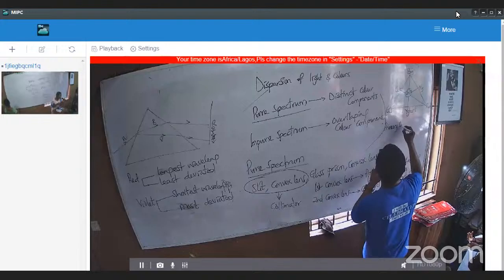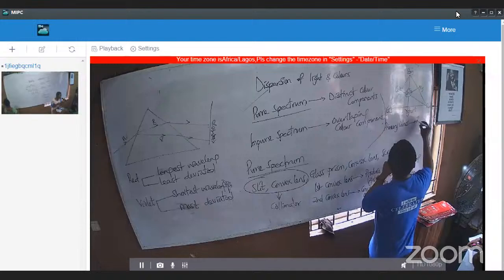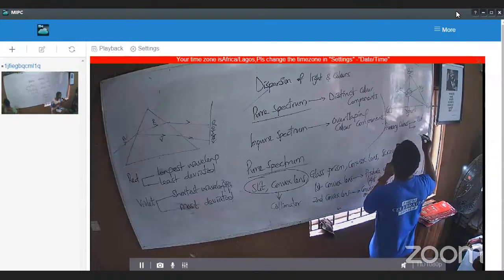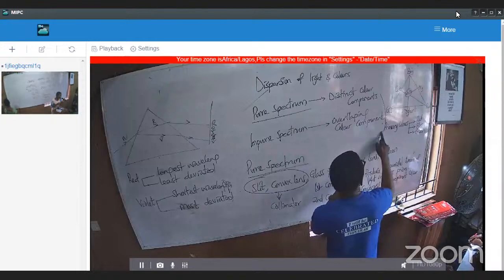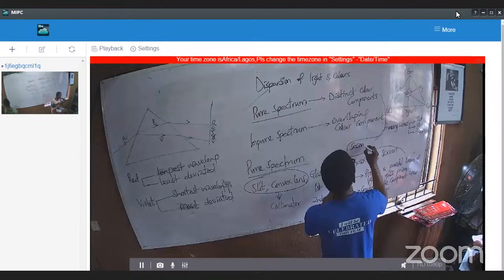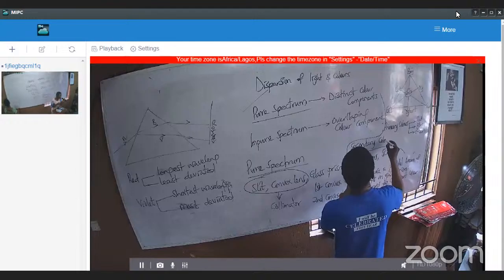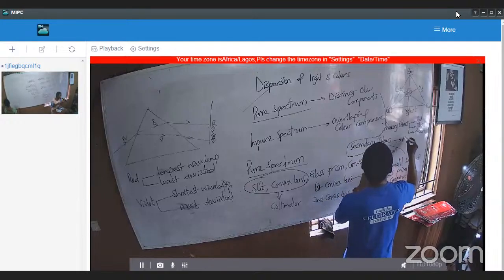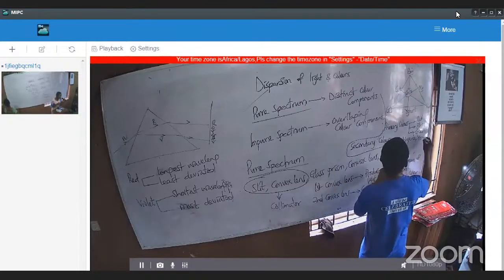How many primary colors of light do we have? We have 3. This is light, not paints, not watercolor. Red, blue, and green. These are lights. Secondary colors of light, there are also 3. We don't have tertiary colors. We have complementary colors. Secondary colors: we have magenta. Magenta is formed by blue and red, yellow and cyan. Cyan is also called peacock blue.